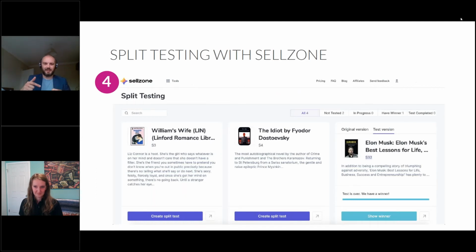So these are the split test options, and we'll also say, right, okay, how well are we doing in there? So in the first instance, we can say, right, these are all the tests that we've got lined up, the ones that are not tested, the ones that are in progress, and also the ones that we've actually done quite well on, because